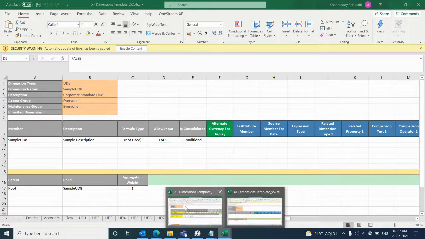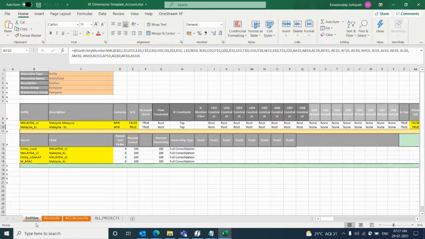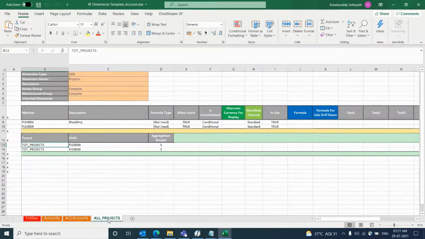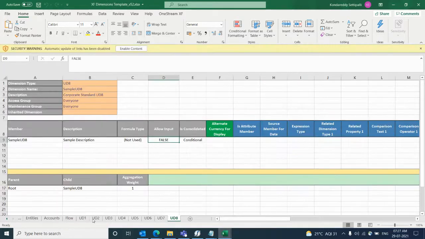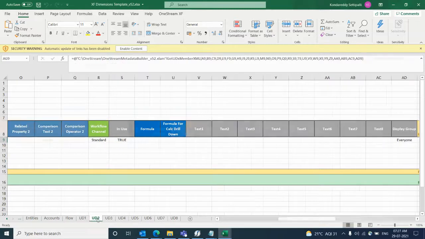In the one which I gave you, I've kept only a few dimensions: entity, account and then projects. So I've given you only one custom dimension sheet. Since the properties are the same across all your custom dimensions, you can just copy paste if you want additional custom sheets for preparation. Like they did here, all UD8 as separate tabs, right?